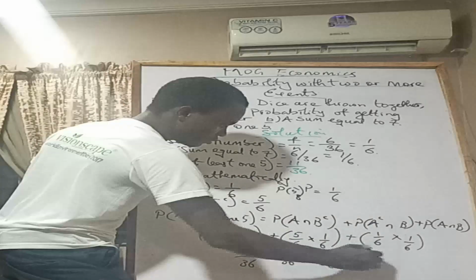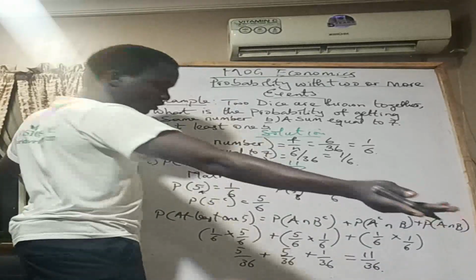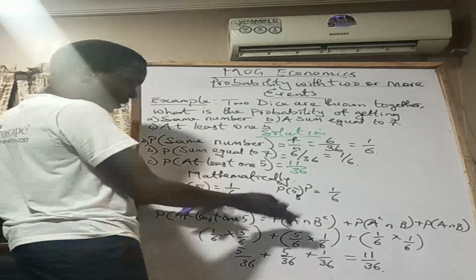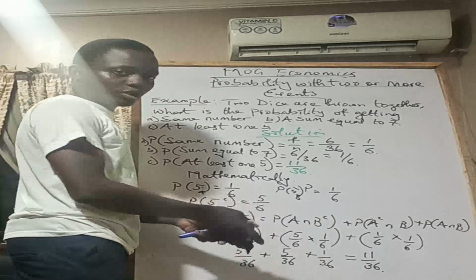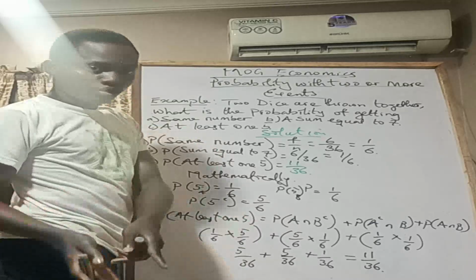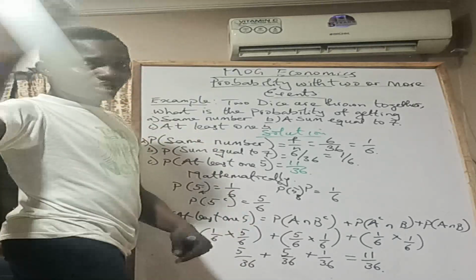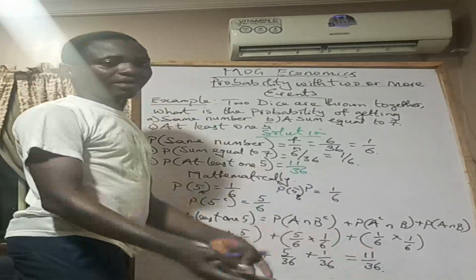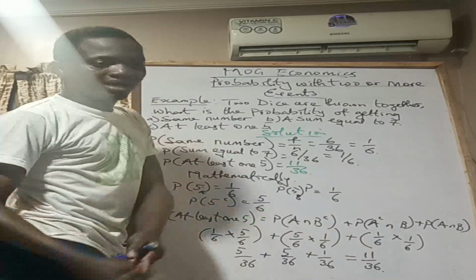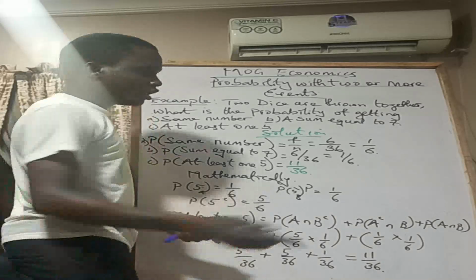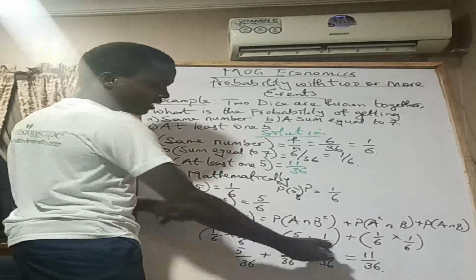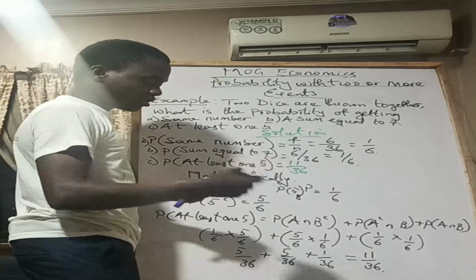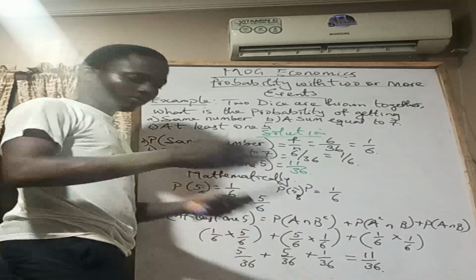So we have 11/36. That's it. You have a 5 on the first one and you don't have a 5 on the other one. Plus, you have a 5 on the other one and you don't have a 5 on the first one, which is this. Plus, you have a 5 on the first one and you have a 5 on the other one as well. So the 'and' is how you multiply in brackets. Then just add everything together: the possibility of this or this, in addition to the possibility of this or that.